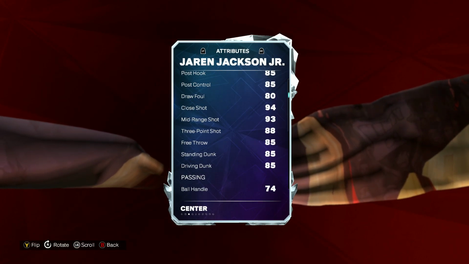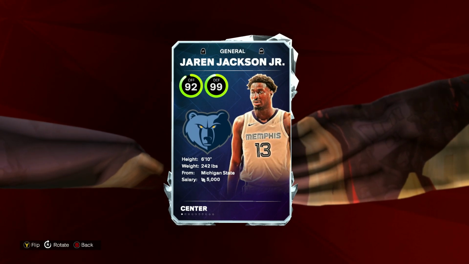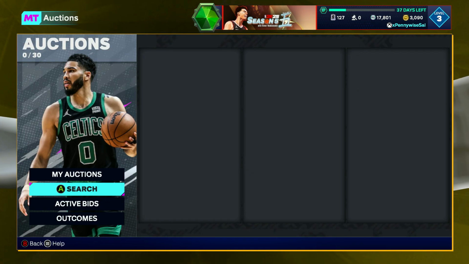He can play center and be serviceable for you, but he's better at the power forward position. But he's a really, really elite power forward for only 30,000 MT. Definitely worth picking up. Other budget cards that I've gone over a ton are basically just a lot of these